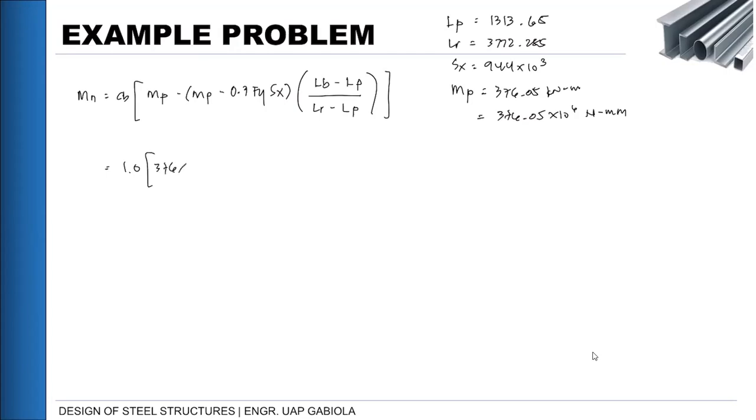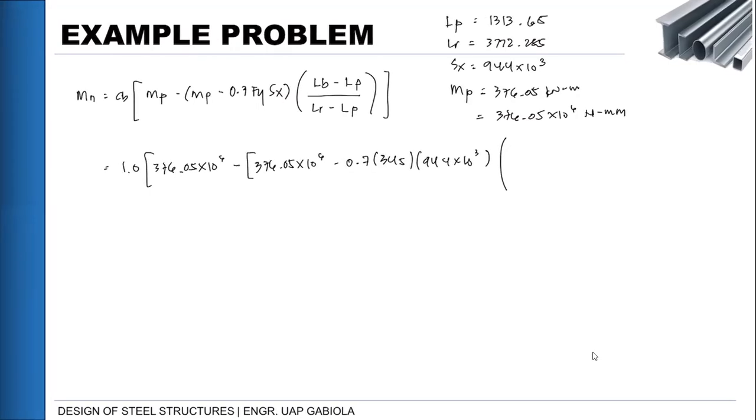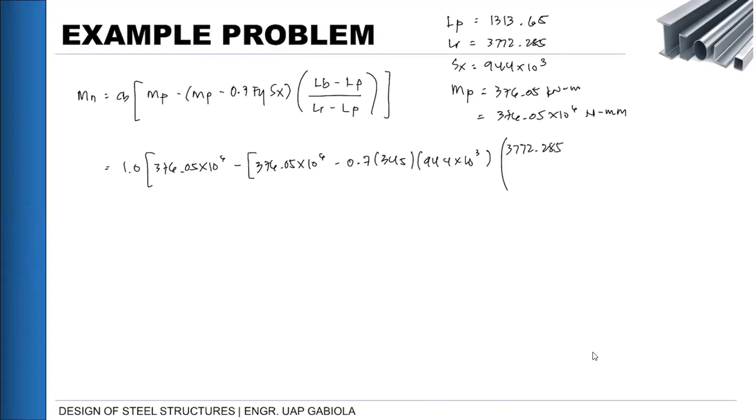We have 376.05 times 10 to the 6 minus yung MP natin 376.05 times 10 to the 6 minus 0.7 ng FY 345. Then SX natin is 944 times 10 cubed multiplied by. So LB natin, ito, 3772.285 minus 1313.65 all over 1 over 3772.285 minus